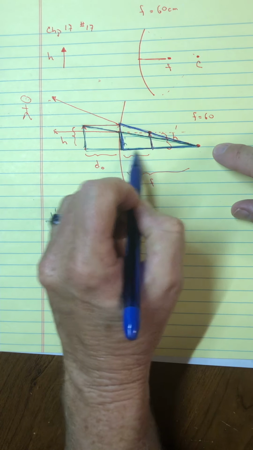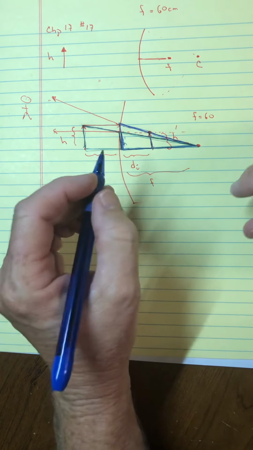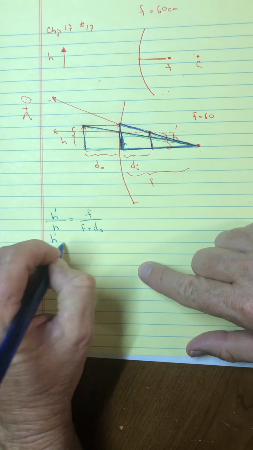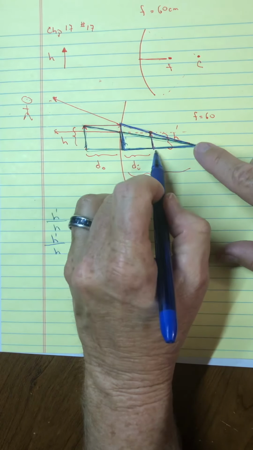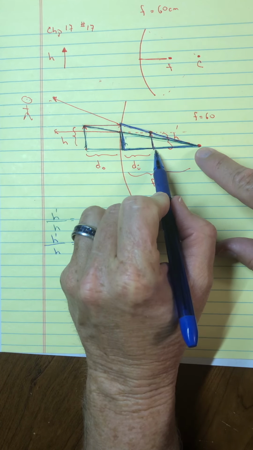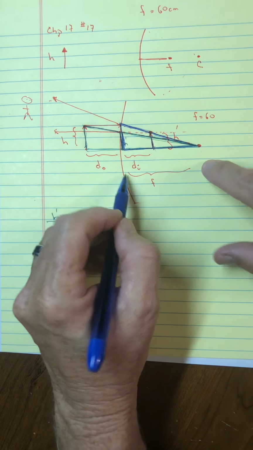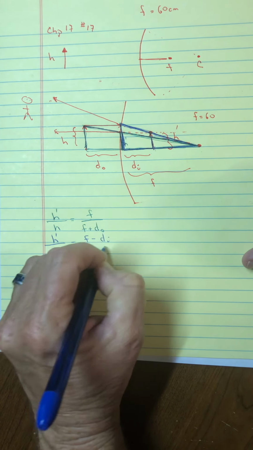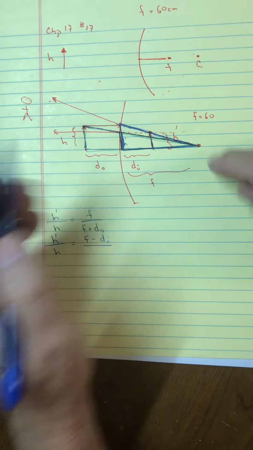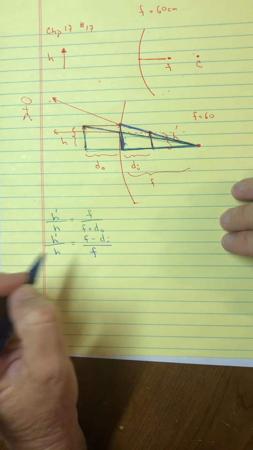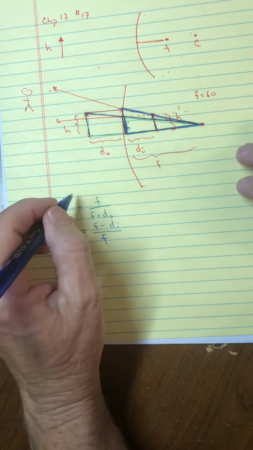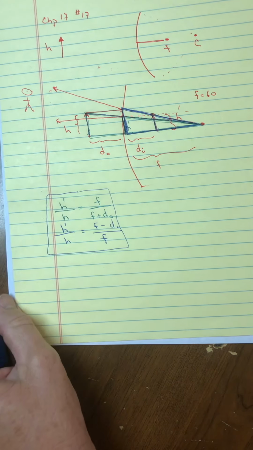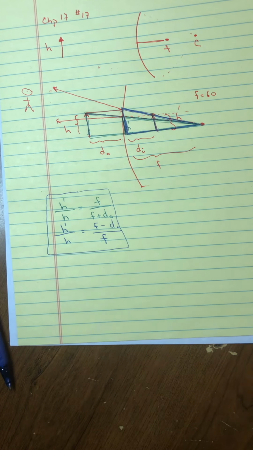But these two blue ones, the big blue one here and the little blue one here, are also similar. So we can do the same thing. The height of the image is to the height of the object, as this distance, now that's a little harder, but let me take it as focal length minus image distance, is to this whole distance, which is focal length. Okay, so these are the two equations that will become really powerful